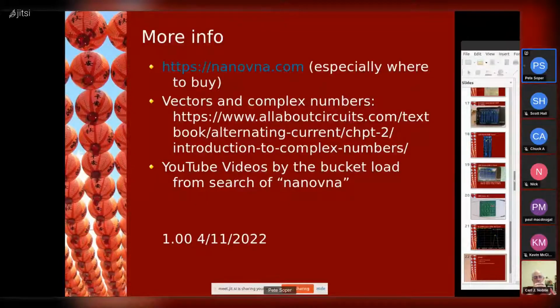Any questions, comments? Have you actually used this in a real world situation yet? Yeah, I use this for my amateur radio antenna designs. I make custom antennas from scratch, and I use the...